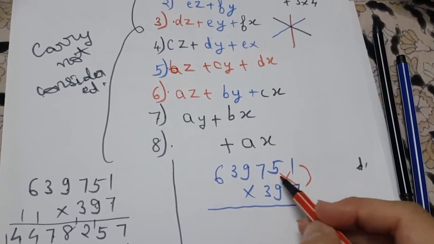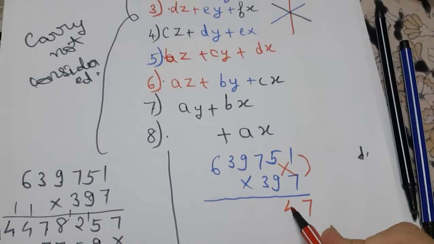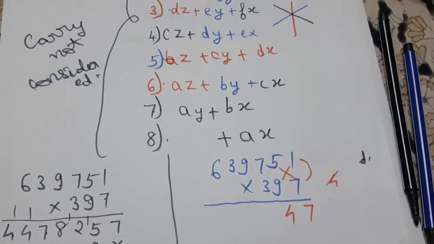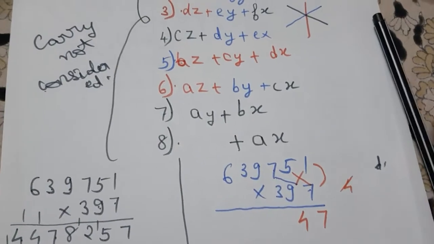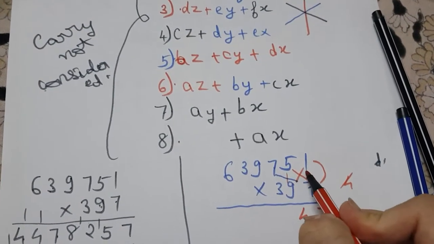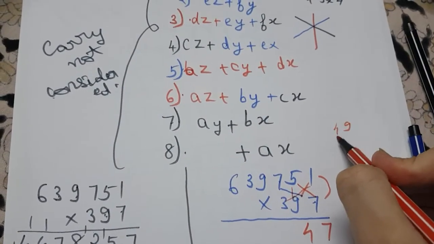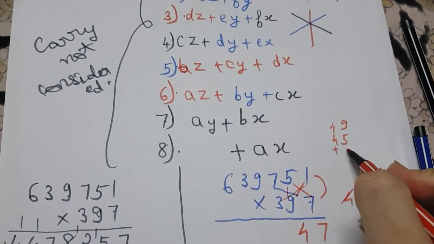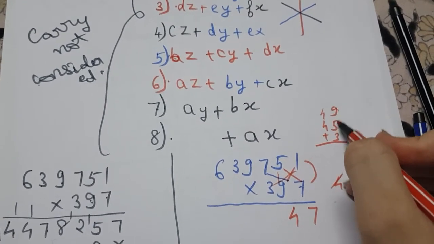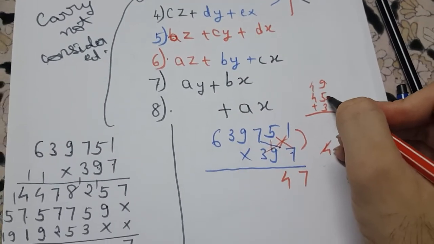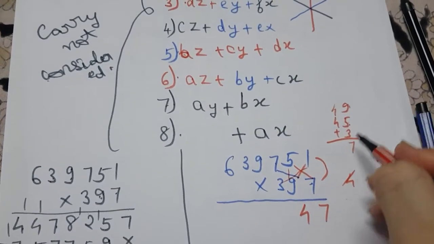35 plus 9 will give 44, so 4 will be carry. Now in your third step you will be dealing with 7 7s are 49, then 5 9s are 45 plus 3, so 49, 45 plus 3. So this will be 45, 45. If you add this, you will get the answer 45 plus 45 is 90, plus 4 is 94, plus 3 is 97. 97.